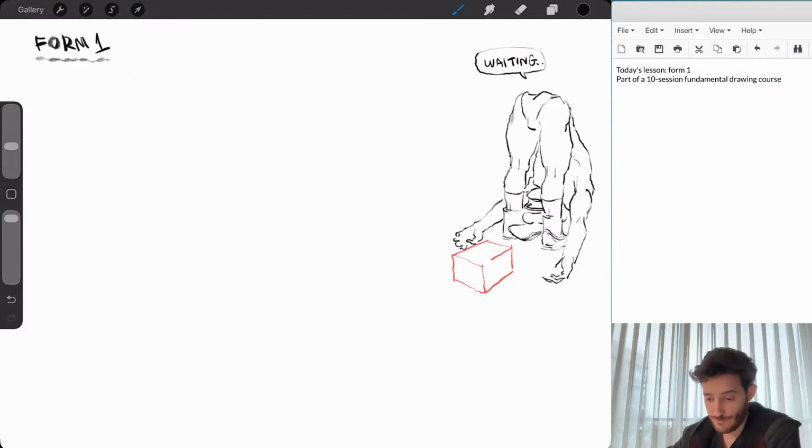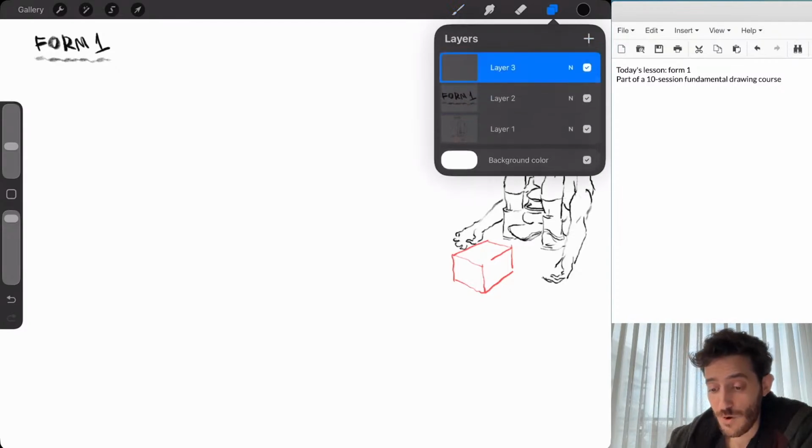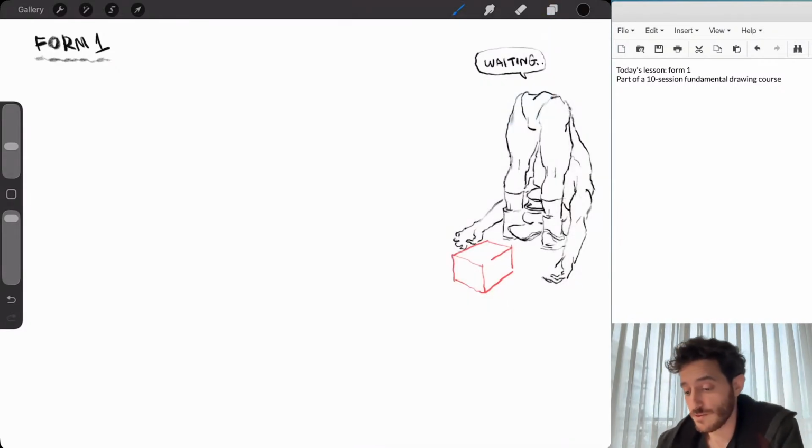Talking about form. You've all heard about form, but what really is form? Have you ever stopped to think about it? Probably not. So form